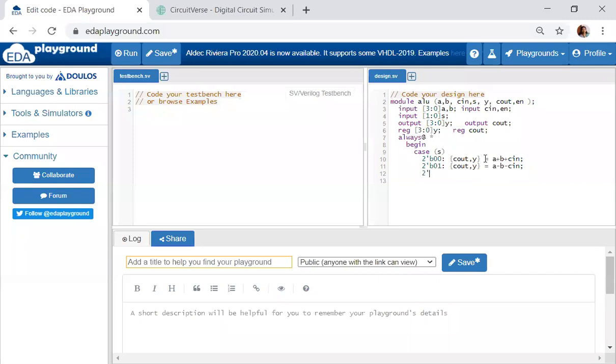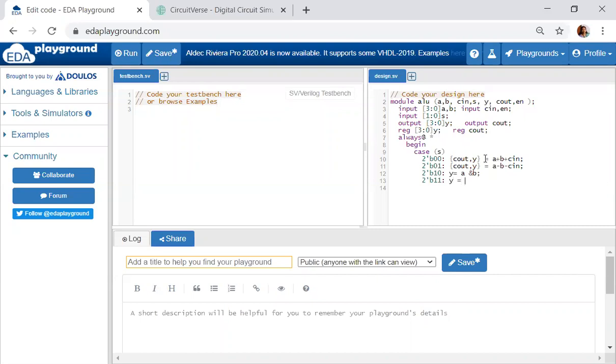Then the next one is 2'b10. When you give 2'b10, what operation do we have to perform? It should perform the AND operation. Y is equal to A and B, bit by bit AND operation. Now when your case is 2'b11, the operation should be performed as a NOT gate.